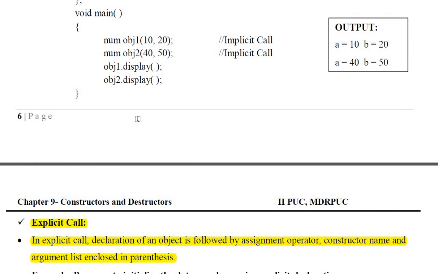Just for example, here num is the class name, and here we are creating an object one by giving some values 10, 20. So when we are creating an object and during creation we are giving some values, this is called an implicit call. Here the equal to symbol is not used, and